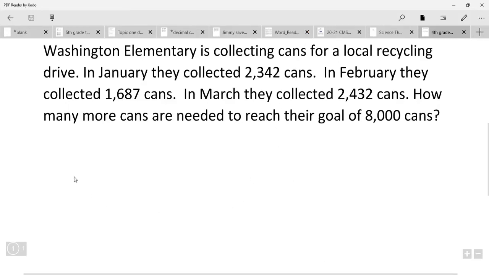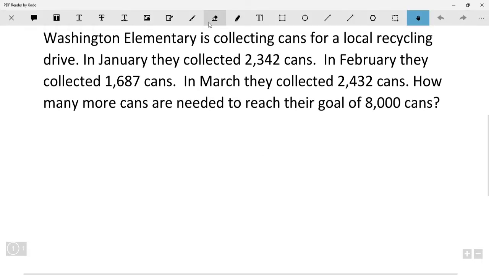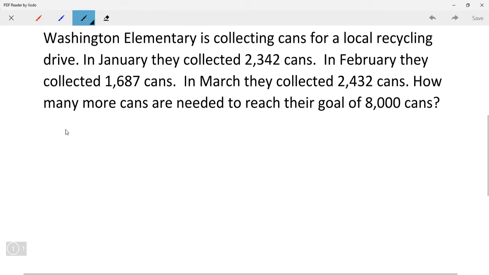Alright, today we are going to go over a multi-step problem, which I think is something that a lot of 4th and 5th graders, and probably even beyond that, need practice in. So there's no trick for multi-step problems other than being able to read the problem, understanding what specifically they're asking. That's kind of the most important part, is figuring out what exactly they're asking and how you use the numbers